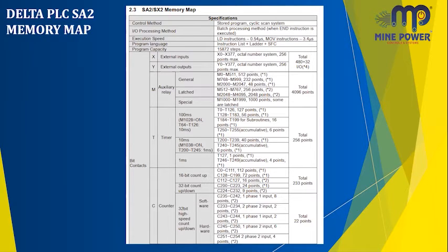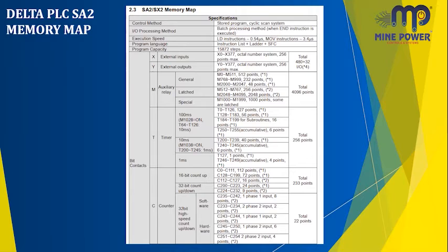In this general area, whatever memory value you set, when you power off the PLC, the value can be changed. It comes back to the reset zero value. Approximately, if you are giving 100 or 150, when you power off the PLC and turn it on, it comes to zero.